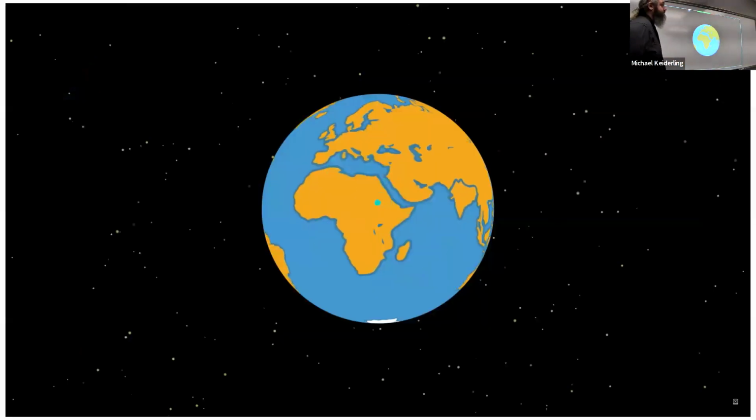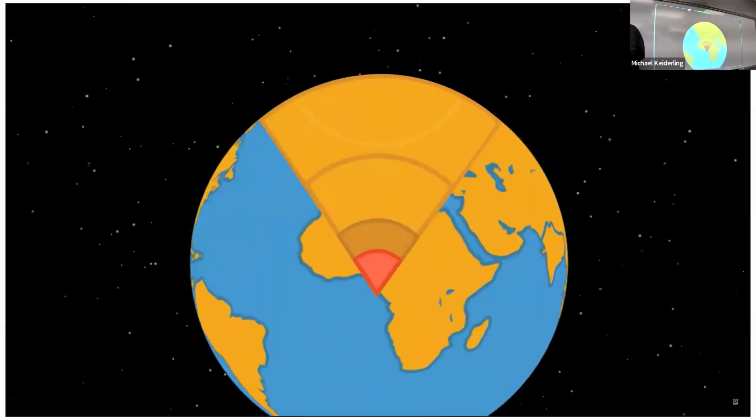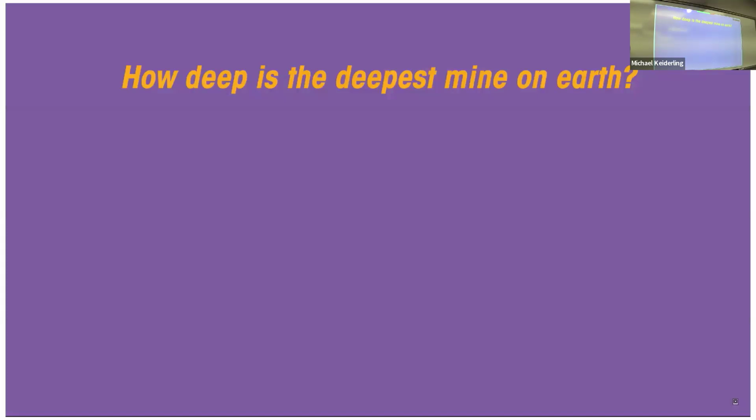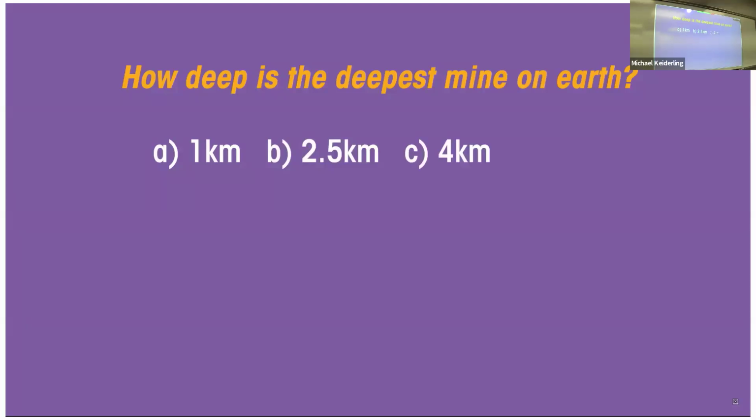In this video, you're going to learn how we used earthquakes to look deep into the Earth. How deep is the deepest mine on Earth? Is it A, 1 kilometer, B, 2.5 kilometers, C, 4 kilometers, or D, 9 kilometers? It's 4